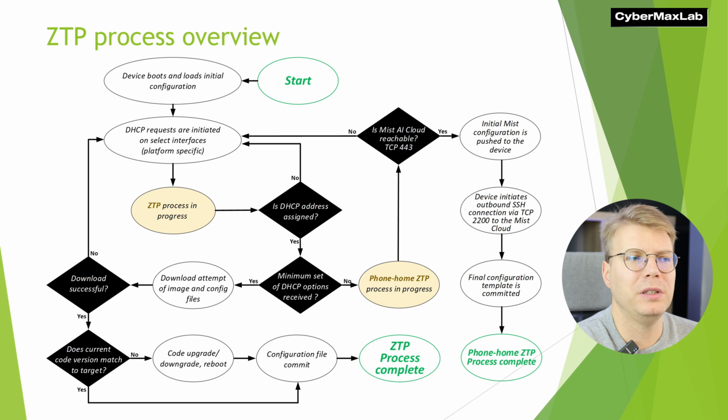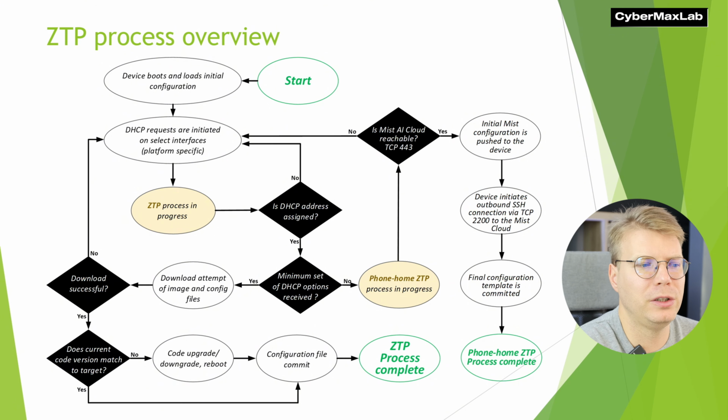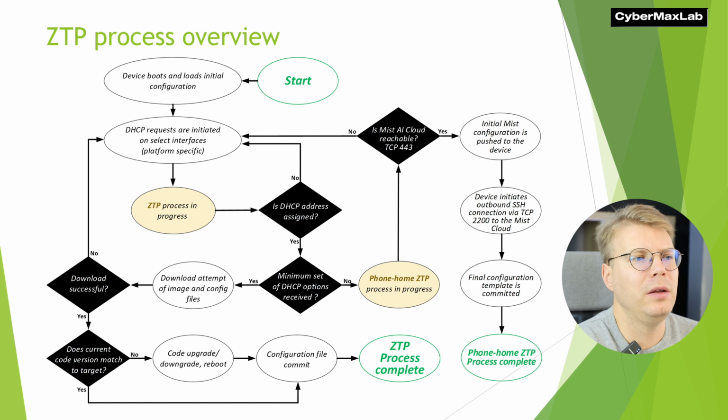Phone Home ZTP is supported on certain hardware and certain software versions, and it relies on the Mist AI cloud as leverage. In this case, the device gets a DHCP address assigned, so it has external reachability. It tries to reach the Mist AI cloud redirector using TCP 443. If it is not able to reach it, the process restarts and ZTP starts over. If it is able to reach the cloud,